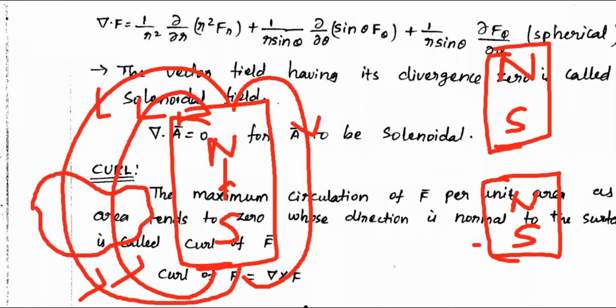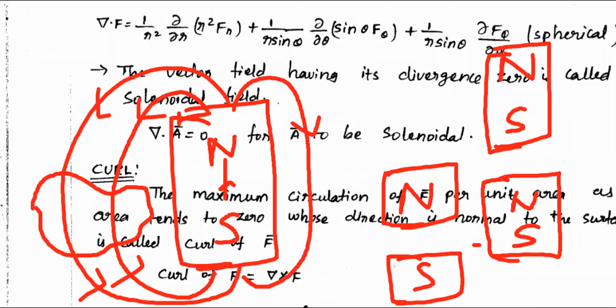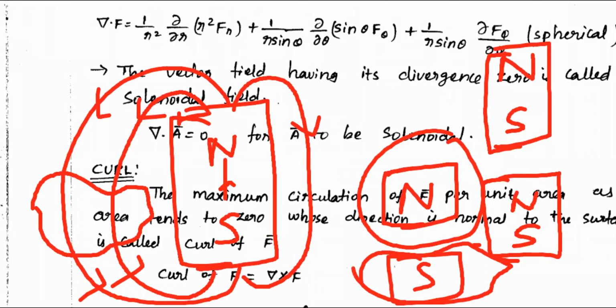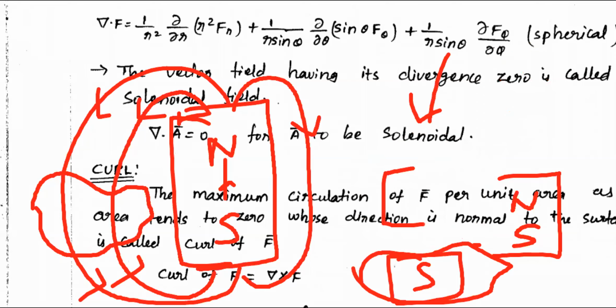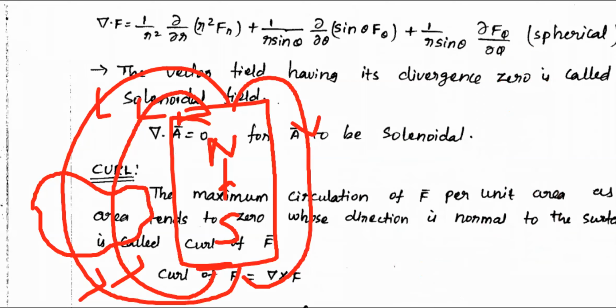So if the divergence is not to be 0, you have to take N and S like this. But in practice, you cannot get this kind of structure, N alone or S alone. That means del dot B is 0. What is the significant meaning of that? Magnetic monopole does not exist. What is the meaning? Magnetic monopole, in the sense, you cannot get N alone or you cannot get S alone.